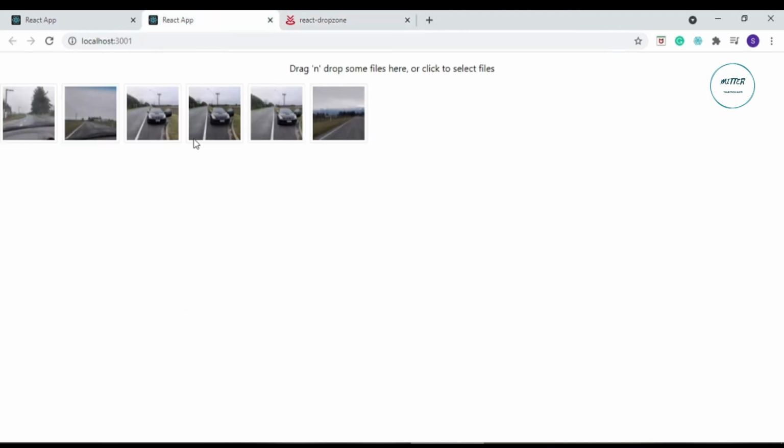But we can play with this. We can make some changes to it to make it look more interesting. For example, I can apply some more CSS to this to make it look better. Maybe I can increase the size of the images here. So let's do that in our application.